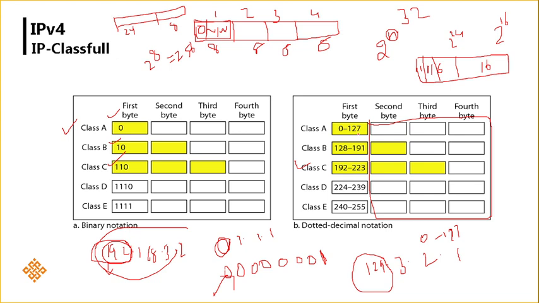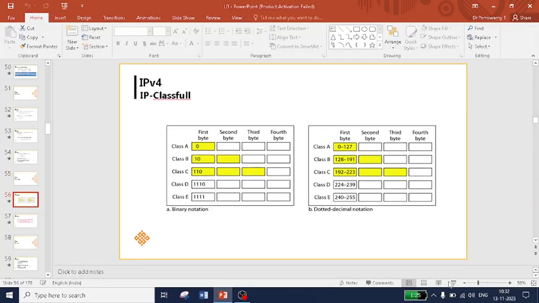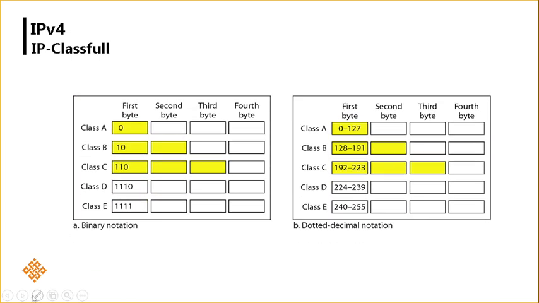Hope you understood. Sometimes they will give another way in the exam. Let me show you once again. They will give you an IP address like 111.2.3.1, and ask to which class this IP address belongs, and also they will tell you to identify which are the network IDs as well as which are the host IDs. So as I already told you,